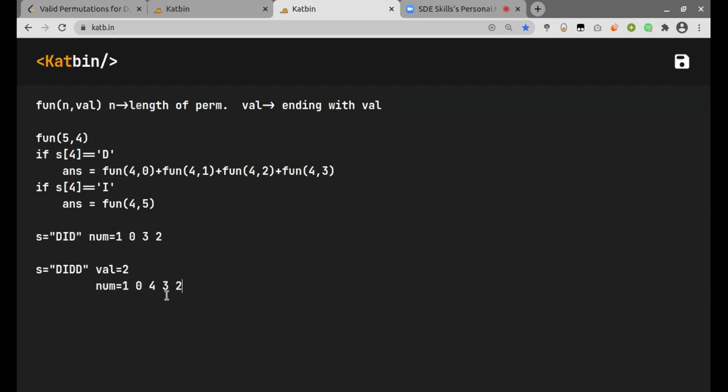But again, when I was considering 2, I could have taken 4 also here. But if I add +2 to all the values which are greater than 2, then this will go to 5. So 10532 won't be a valid permutation. So this is why I have to add +1 only to all the values which are greater than or equal